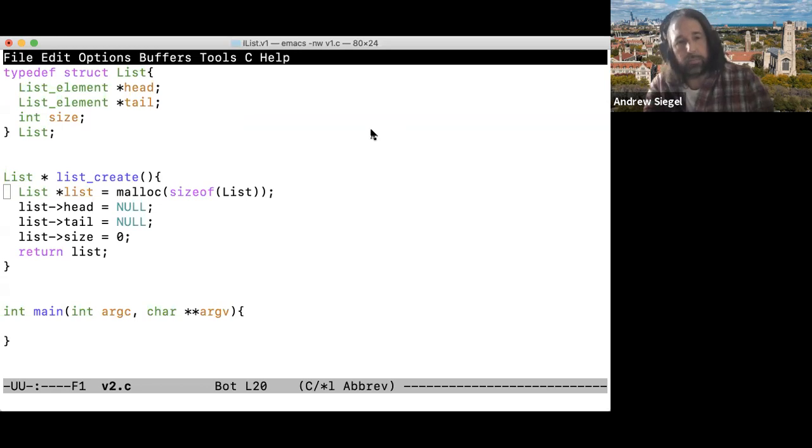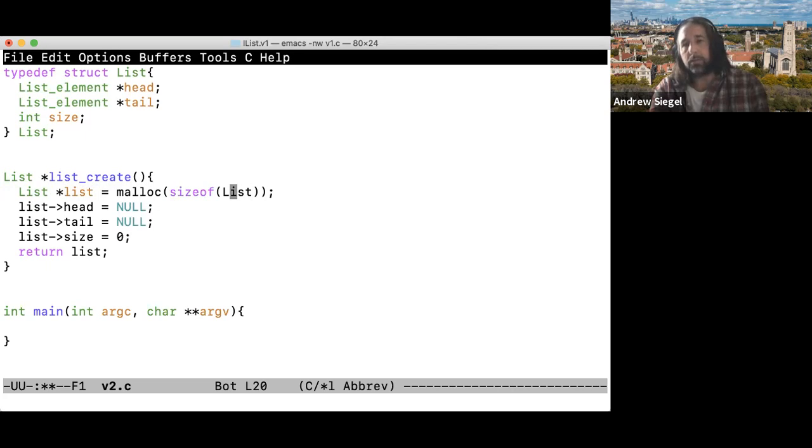Okay, so I've opened up version 2, and the first list function that I'm going to implement is list create. You don't have to close that gap, but I like to. So the list create function, we think of it as like a constructor of this abstract type, but there's no such formalism within C, but we treat it as such. And the list create function, the way I've built it here, returns a pointer to a list. When a person calls it, it assumes that the list hasn't been initialized yet or memory has not been allocated for it. So you see in this implementation, I malloc memory for enough data to hold a list,